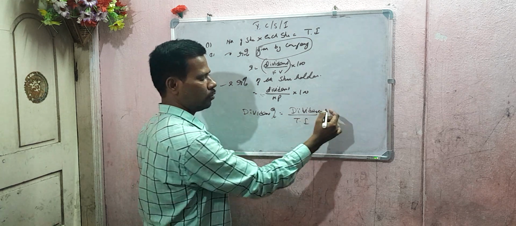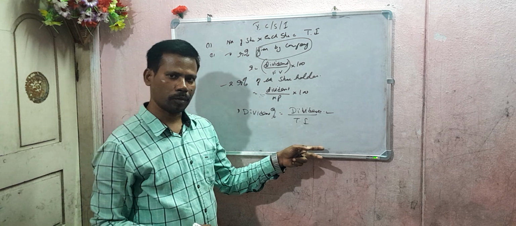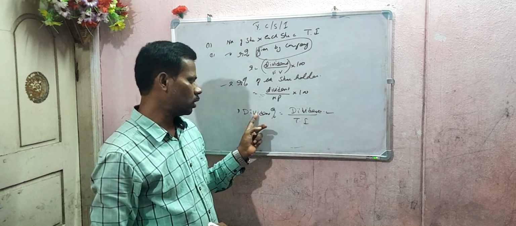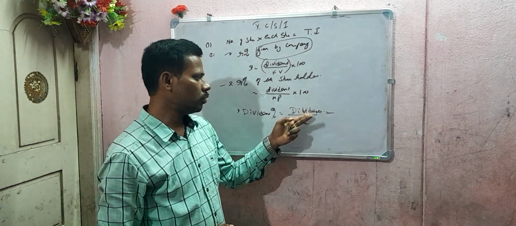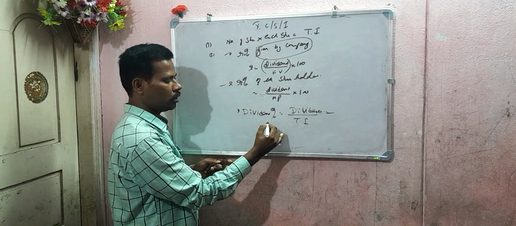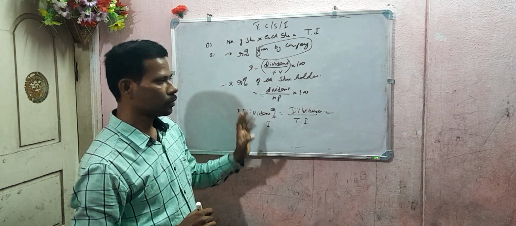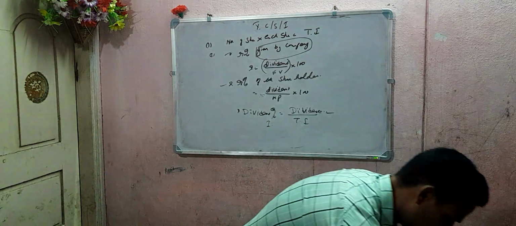While solving the problems, it will come automatically, so you need not memorize this one. Dividend percentage is nothing but dividend by total investment. They may ask income percentage, they may use the other word income percentage, so you have to use this one. Right, that's it. Next,